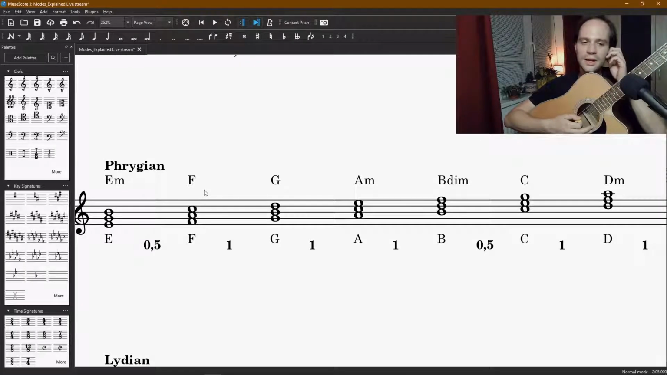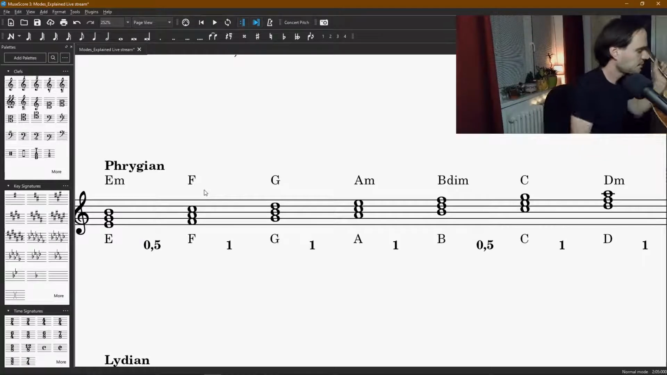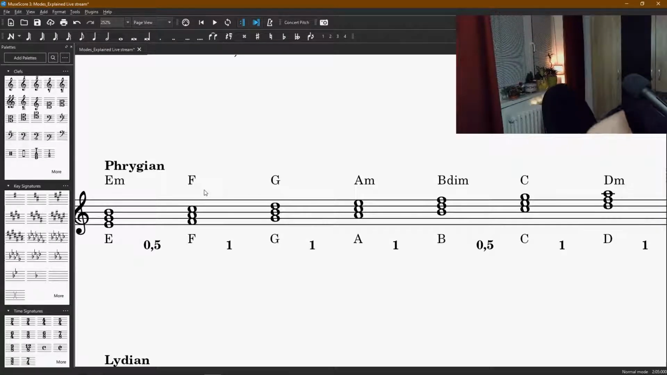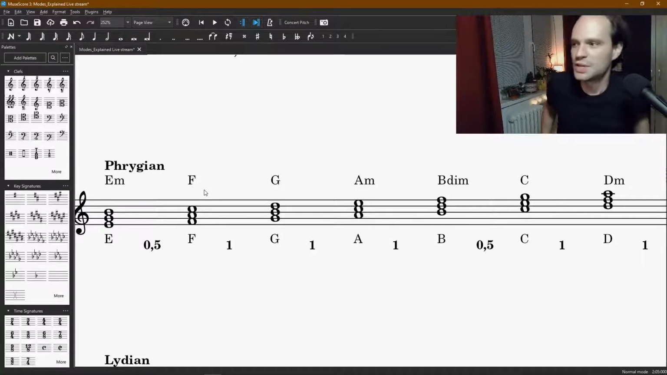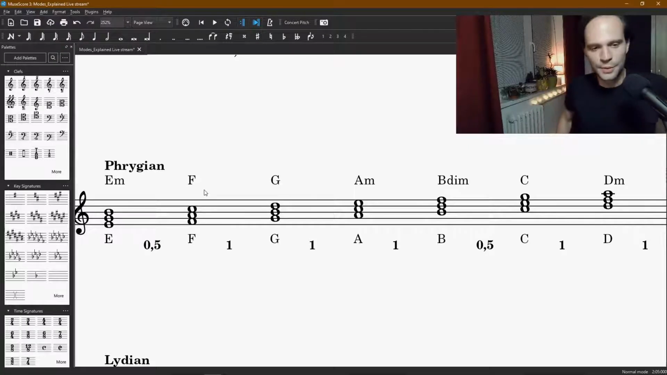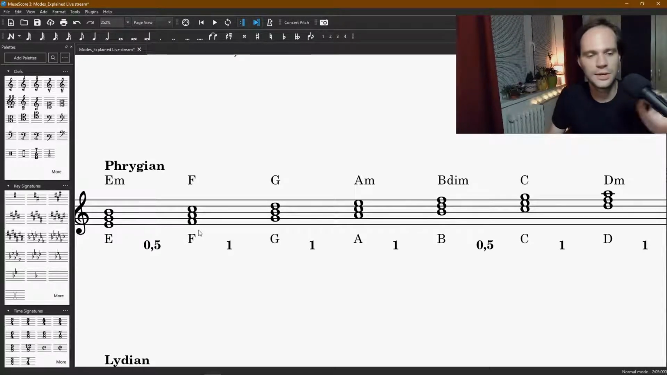So you hear how that half step really creates some interest. So for example, if you would start writing in the Phrygian mode, that's something you want to exploit, because this half step, as you might remember from my earlier explanation, is what makes Phrygian special, because for the rest it is the same as